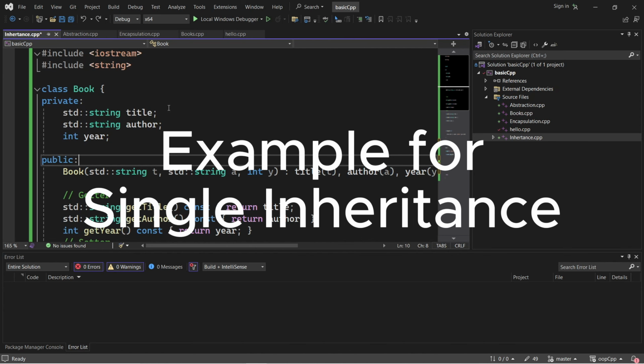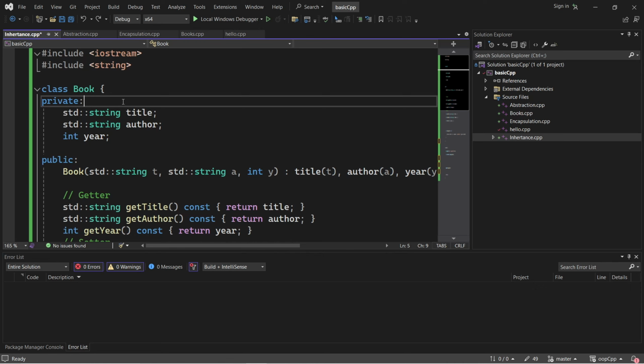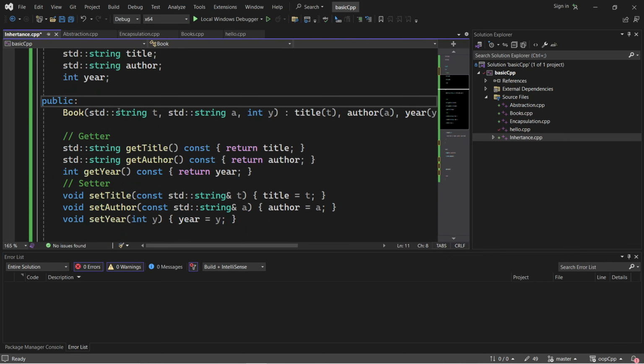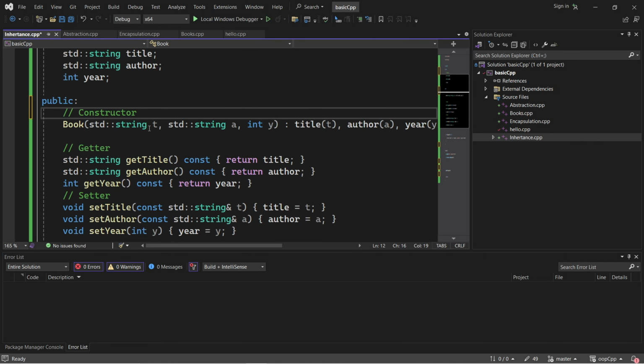In the previous example, we have a Book class and we have properties like title, author, year, and then we have a constructor and give it parameters like title, author, and year.